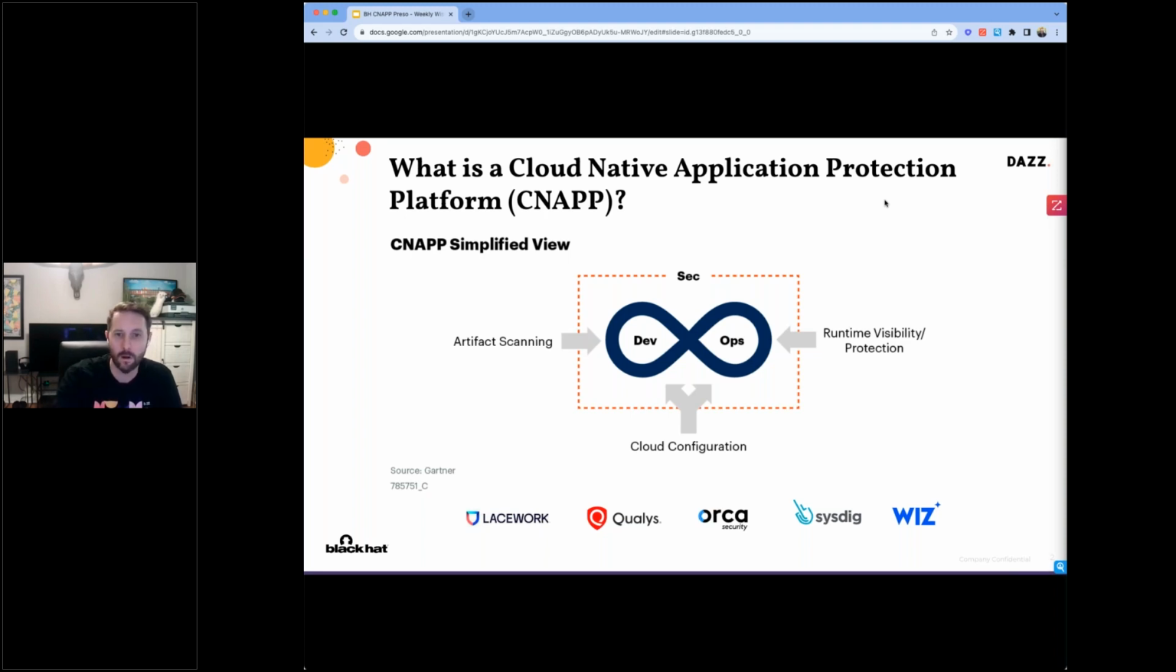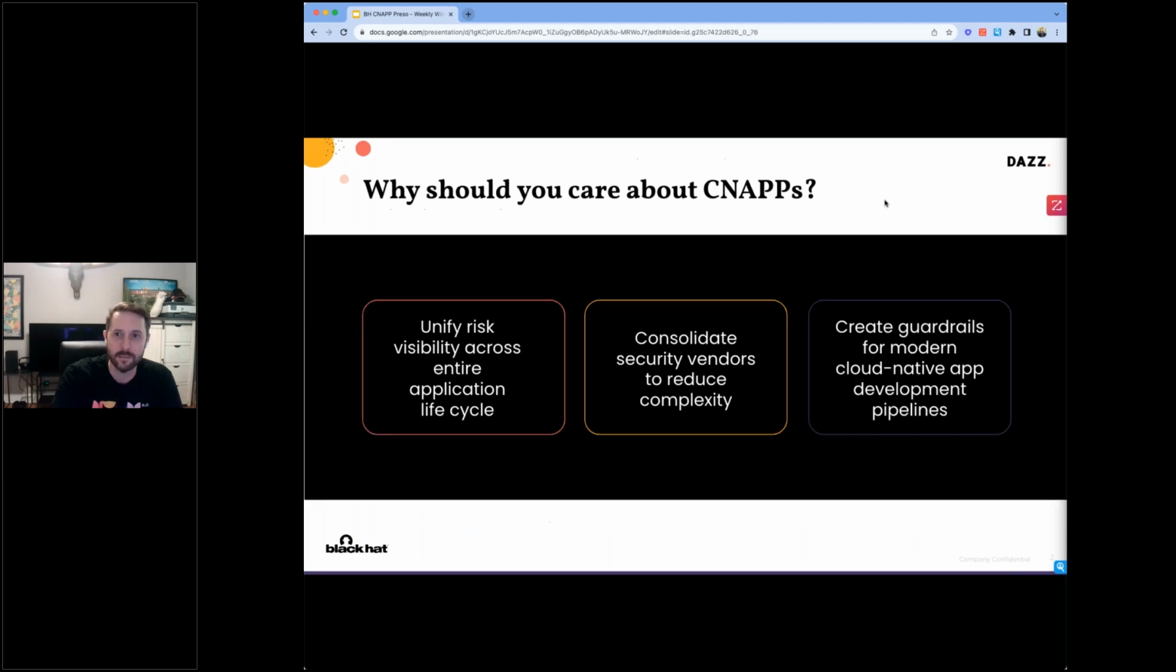All right, moving on. So why are CNAPPs such a big deal? Why are you here? There are 3 main factors that we see driving people to bring CNAPPs into their multi-cloud environments. The first is that security teams need to be able to unify risk visibility across the entire application lifecycle. So CNAPPs will connect the dots to help the security teams understand risk across all of the